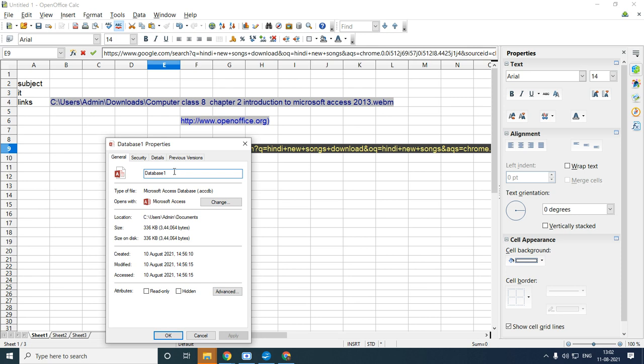But with an absolute hyperlink, even if the file is saved in two drives, the hyperlink will not stop working. It will work. And the third difference is that whenever the file is saved in two different locations, the relative link will break. In an absolute hyperlink, it will not break even if the file is saved in two different drives. You have to write these differences between relative and absolute hyperlinks.